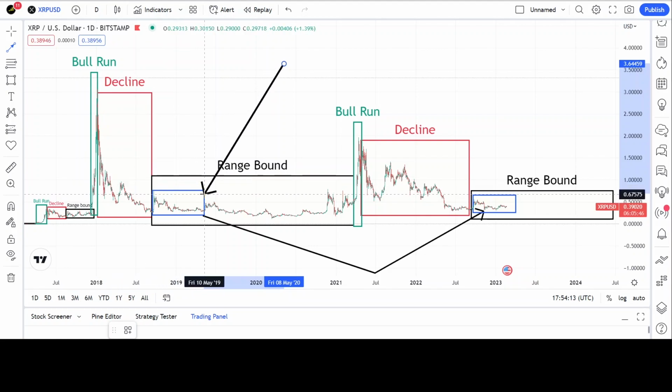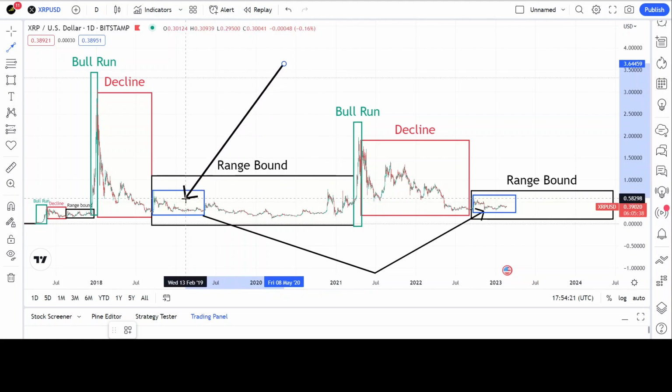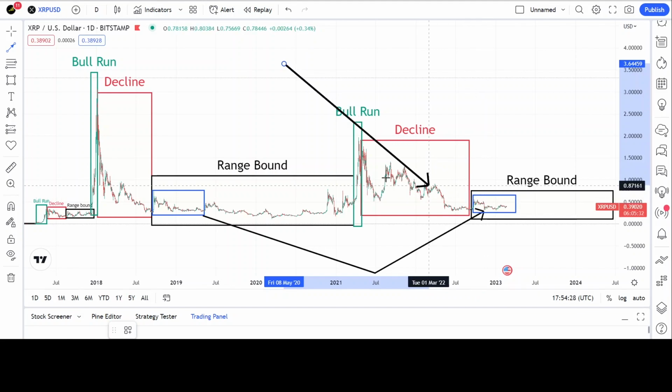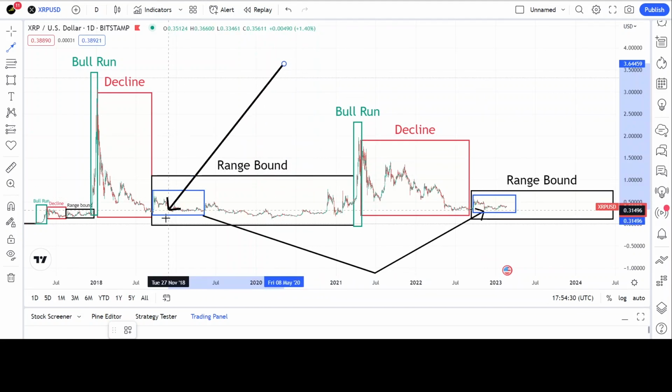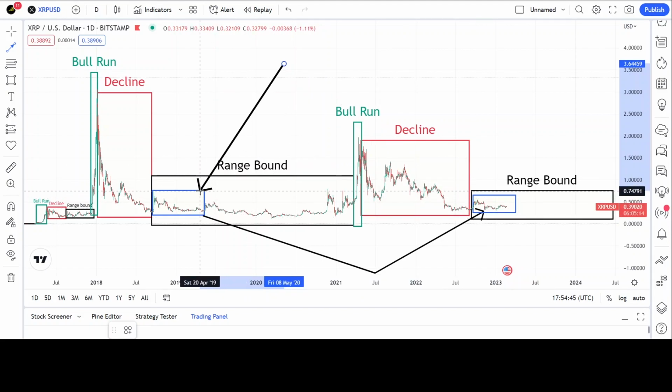So what is this right here? Well, this is fractal 1 of this greater range-bound sideways time. And I have taken this fractal, and I am going to copy and paste it over here, and we're going to compare where we are, number one, in this structure, and two, how it matches, or in some cases, doesn't match. So what we're going to do is zoom in over here with this fractal copy and pasted on here next. But the important thing here was to show you that XRP has this macro structure, and